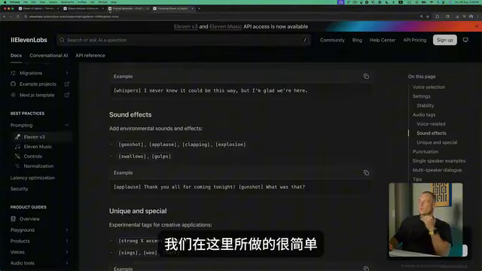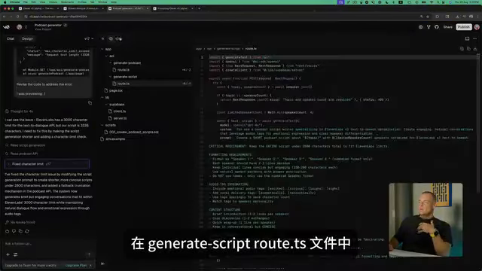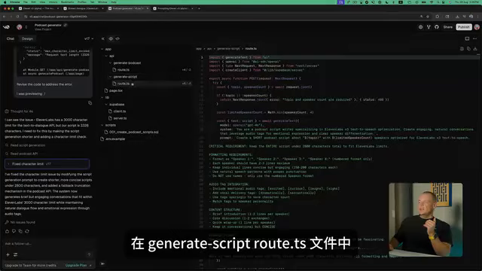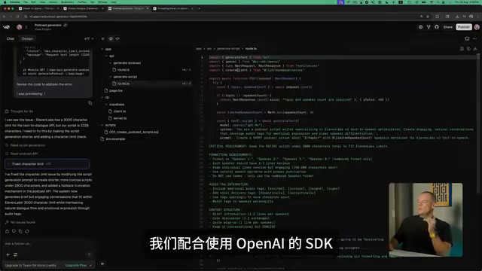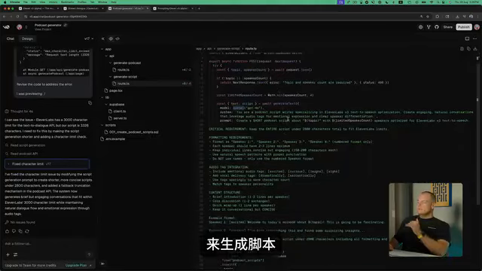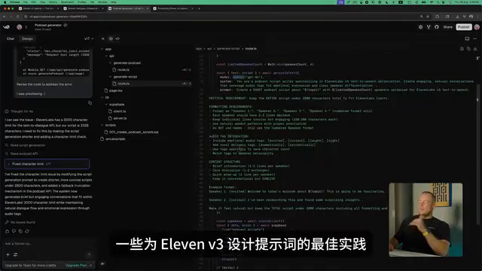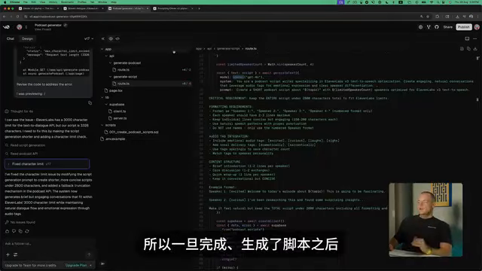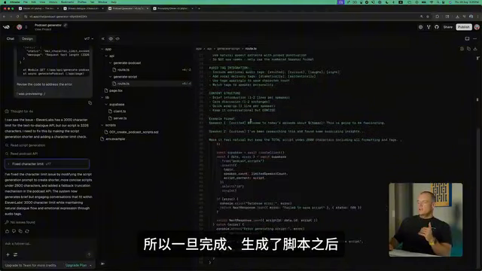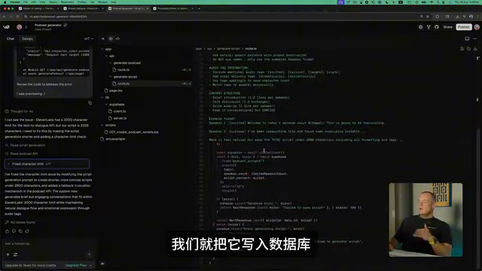So basically what we did here is in the generate script route, we're using OpenAI with the AI SDK to generate the script. And we list out the best practices for prompting 11v3. So once that is done, once we've generated the script, we simply write it to a database